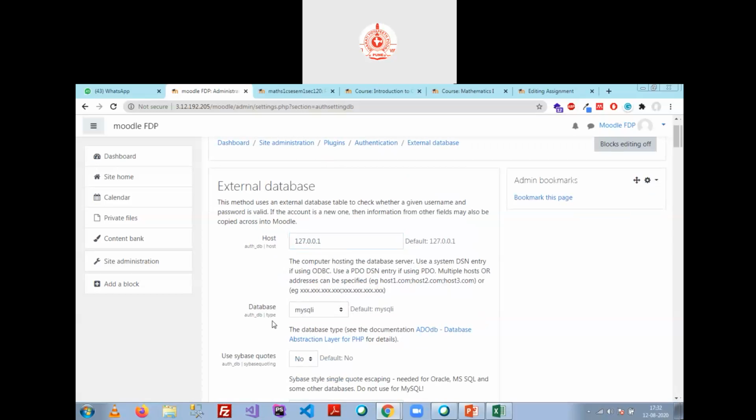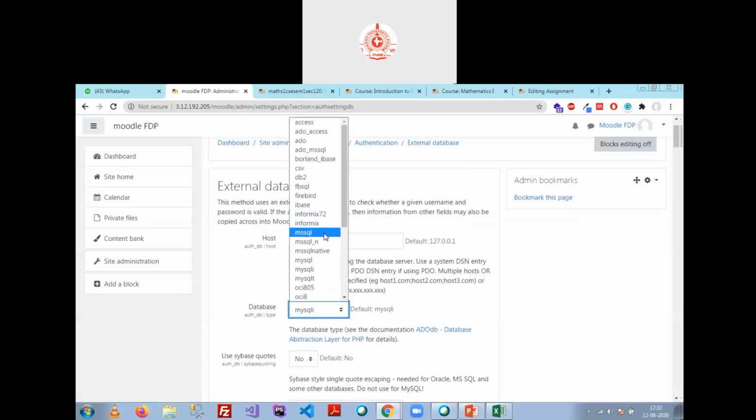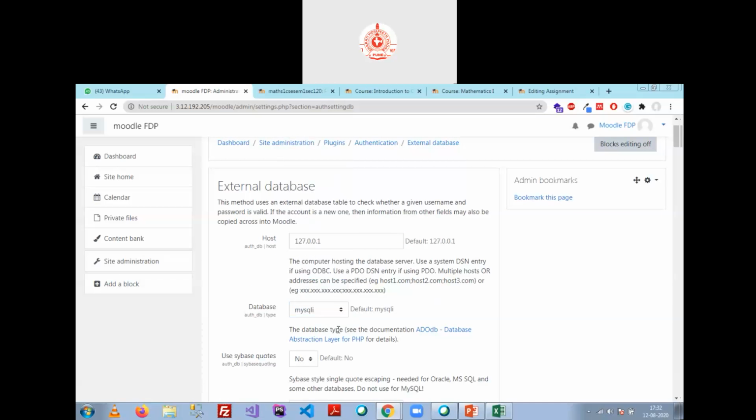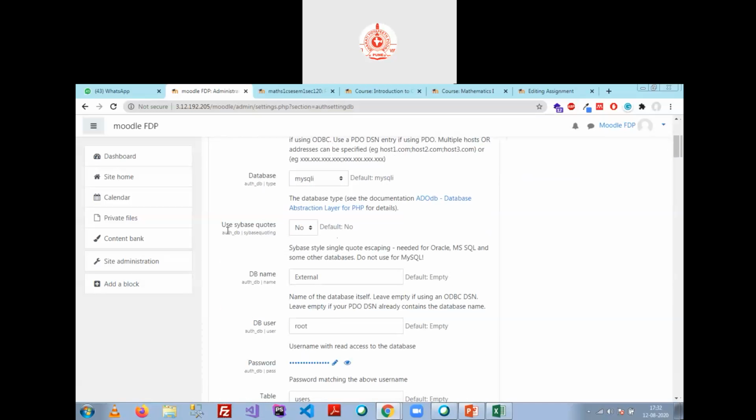Then next is to select the database type. That is MySQL. If you are using MS SQL, then select MS SQL. If you are using Oracle, then select Oracle. But right now we are using MySQL. Leave this as it is and change the database name.